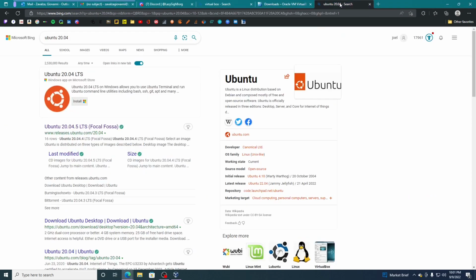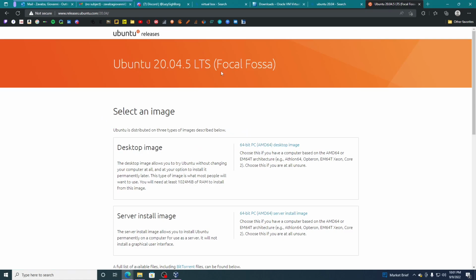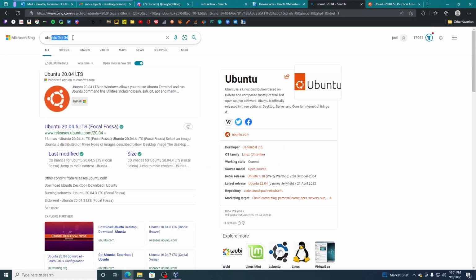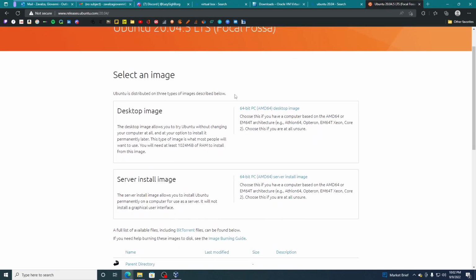But as of right now, I don't think I have an Ubuntu image. Yes, I don't even have this. So we search up Ubuntu 20.04. Make sure it's 20.04, and you click the link. It says Focal Fossa. And then you want to click